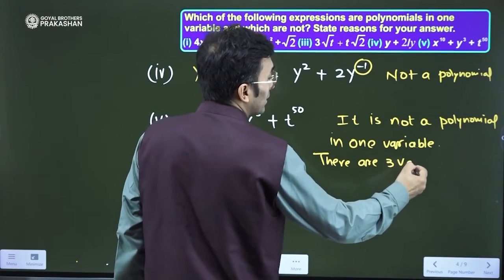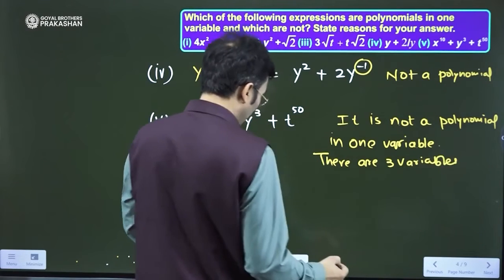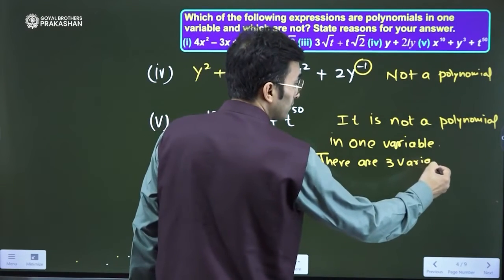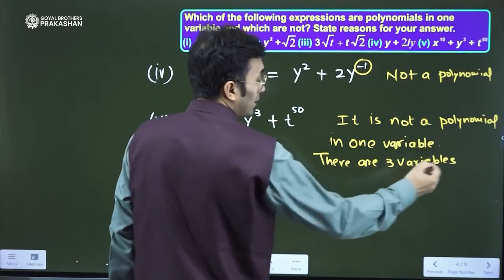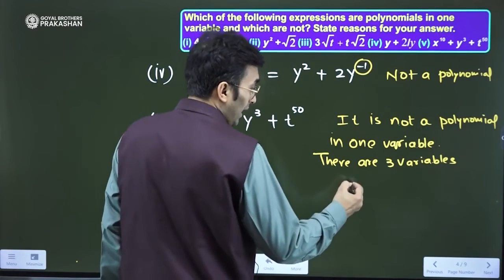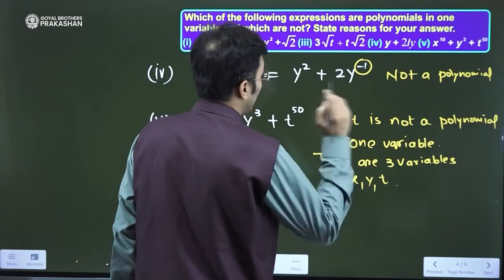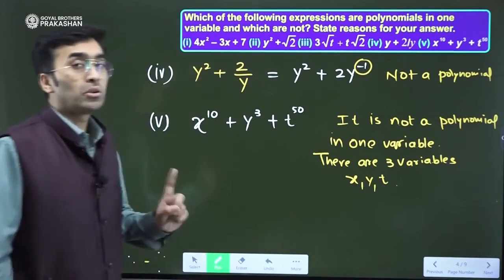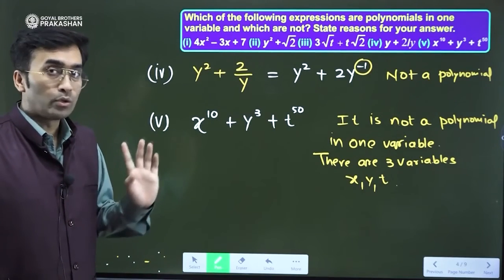That's why it is not a polynomial in one variable. So I hope till here